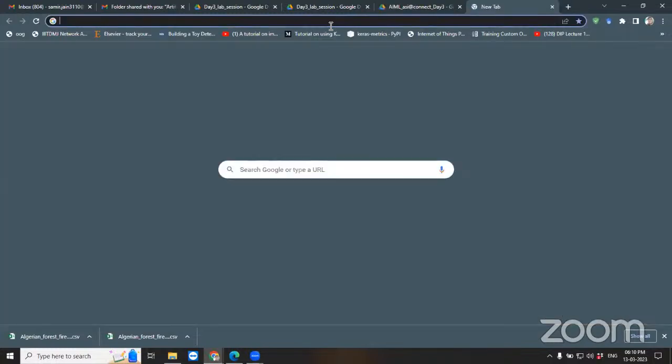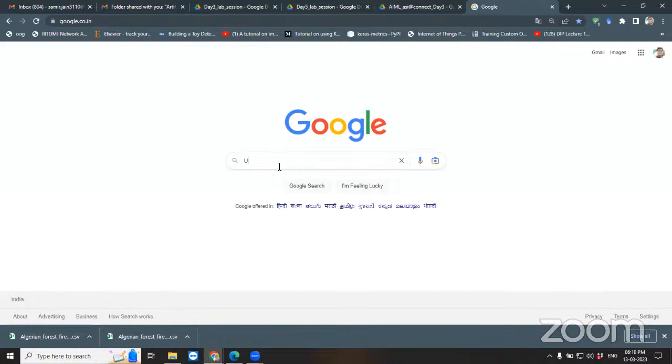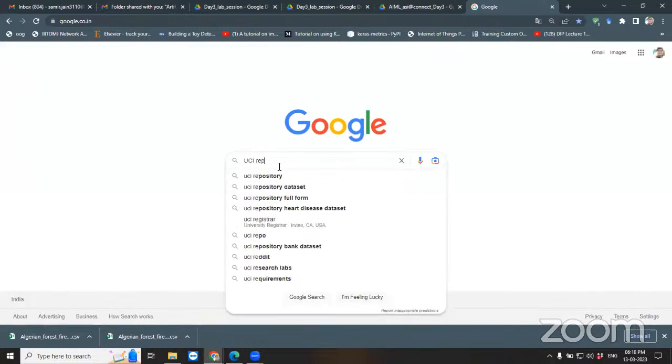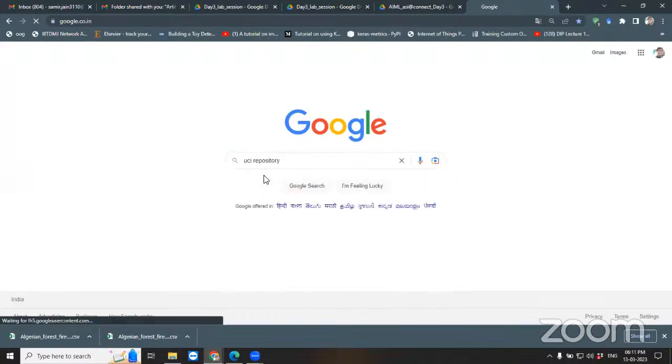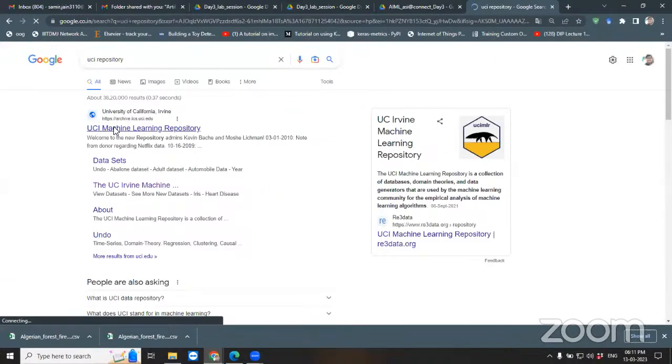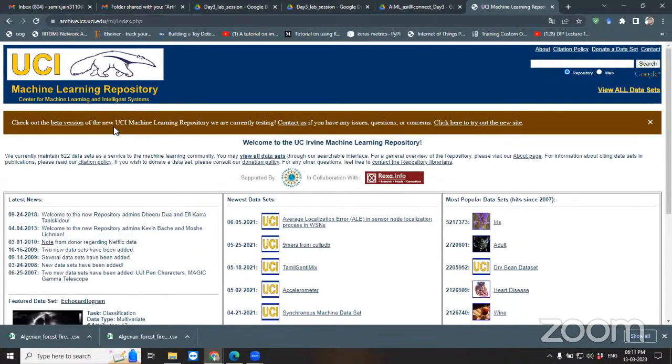So you have to open Google first and then search for UCI repository. The UCI Machine Learning Repository is a repository created by